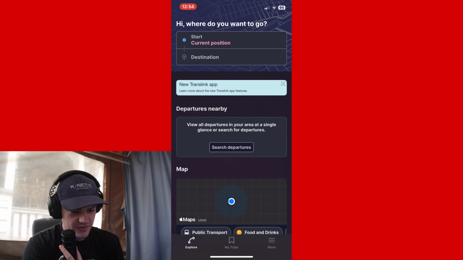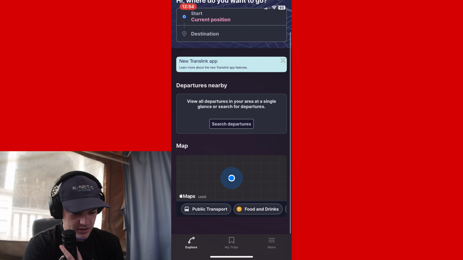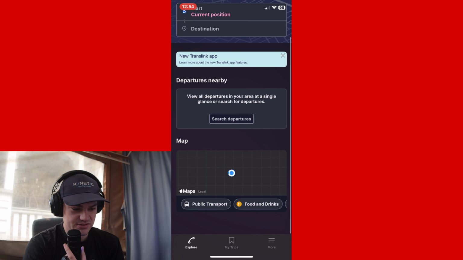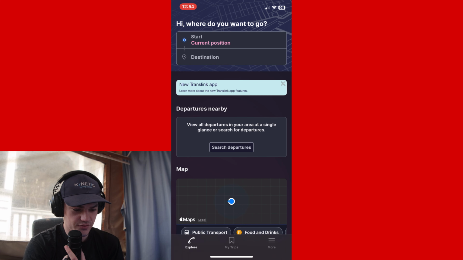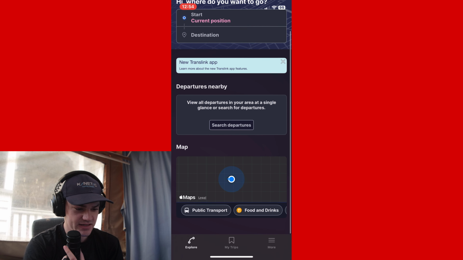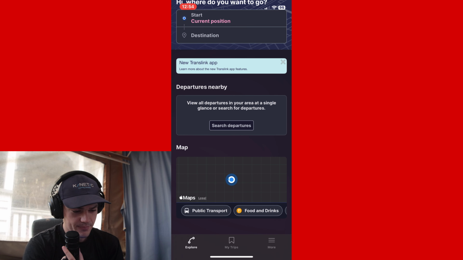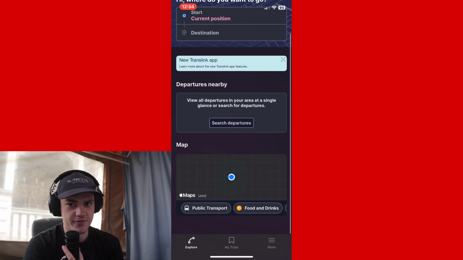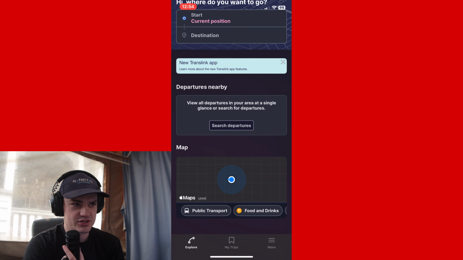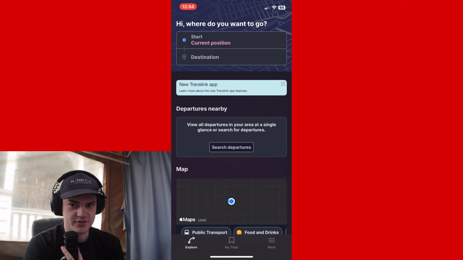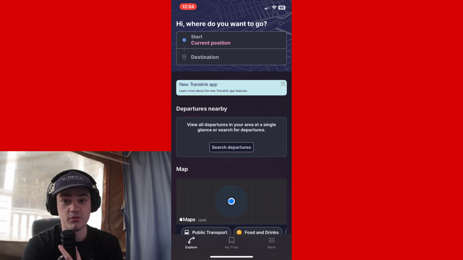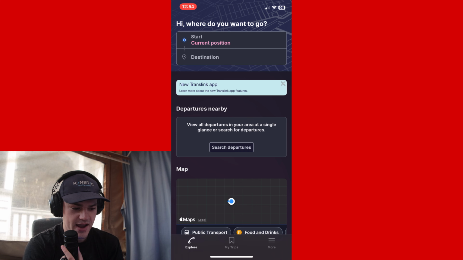So this new screen is actually kind of nice. There is sort of less open space as opposed to the first app, but we're about to find out whether or not the real-time information is as up-to-date as possible. So what we're going to do is start a trip that I used to do all the time when I was a kid, and that is to travel from my old address to